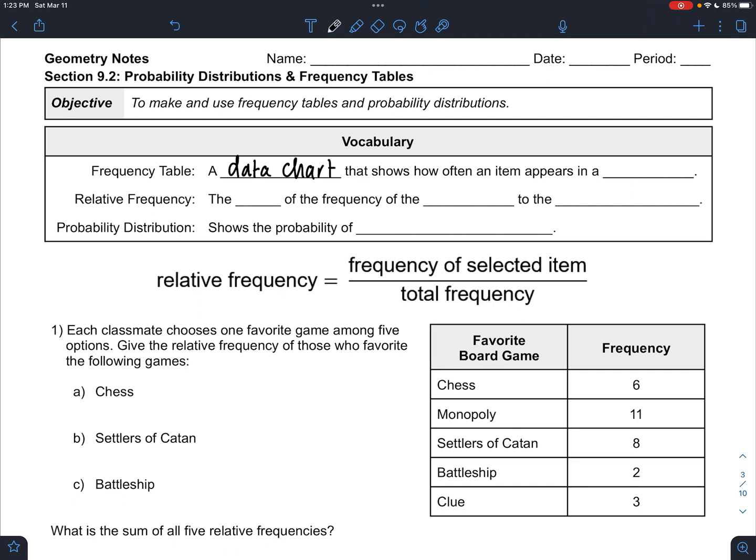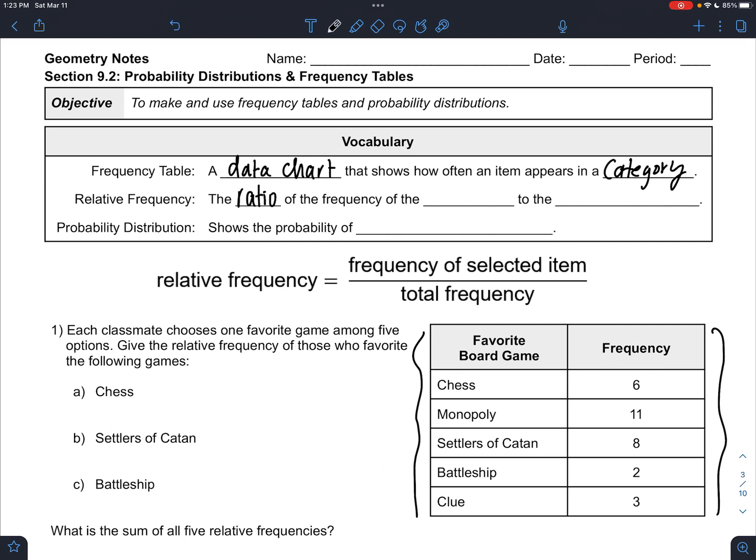A frequency table is just a data display or data chart that shows how often an item appears in a category. Think about when you're asking a survey, just like this one down here, where we're asking a survey of favorite board game with 5 options. This is a frequency table right here because it just shows how many people voted for or fall into a